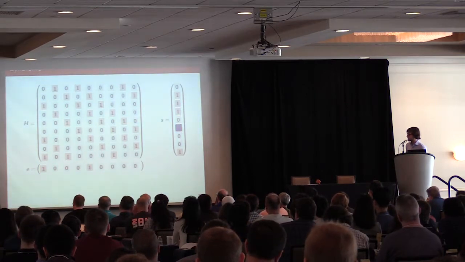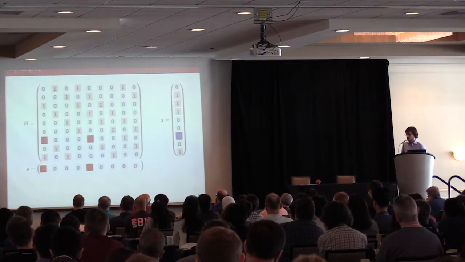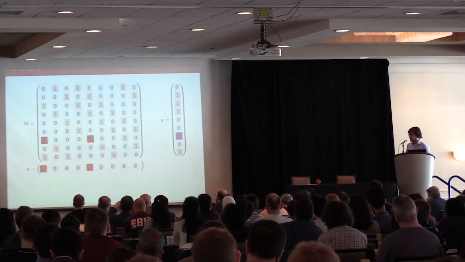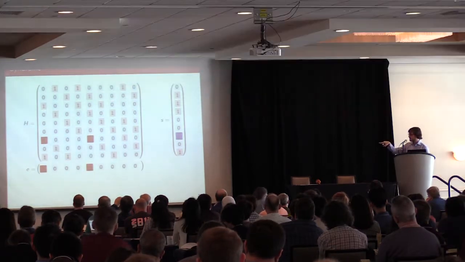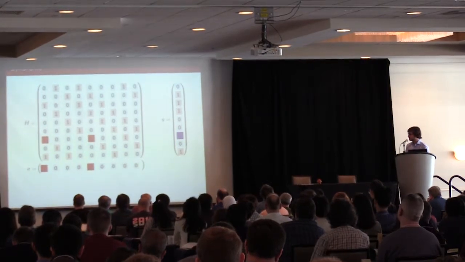Here you have 0, 0, and here what happens is that you have 1, 1 and 1, 1, but they cancel out because you're doing the inner product in F2. So you see here that this happens exactly when you have two ones at the same distance, both in the error vector and in the key.